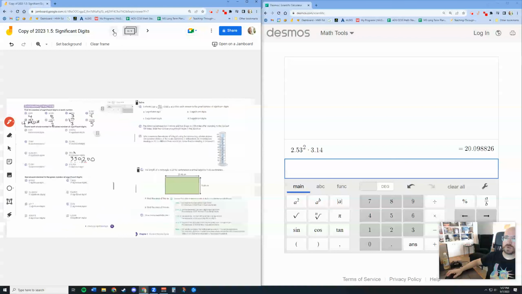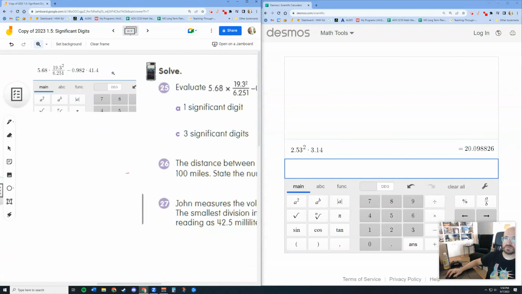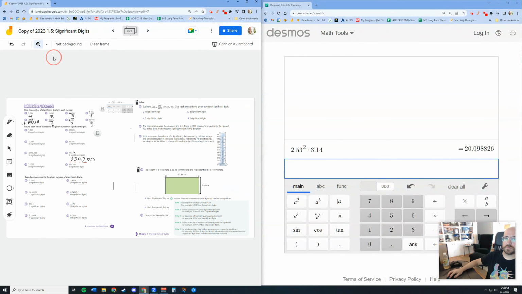Okay, so there's some good practice problems here. I really like this one, number 25. You could use Desmos to actually do it for you, and it would be a really long number. So check that out